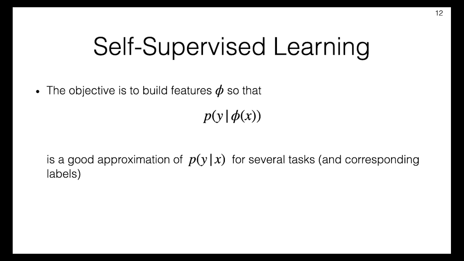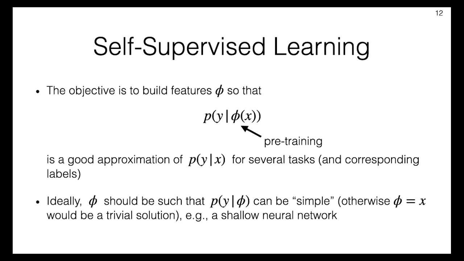I hope I have now given you enough examples to show how far unsupervised learning could take us. Then, let's now get back to unsupervised feature learning. Our objective is to build features that allow us to write the probability of the label y given the data x as the probability of the labels conditioned on the pre-training features. Ideally, as I mentioned before, features should allow one to use a simple model, for example, a linear classifier, to map the features to different tasks.